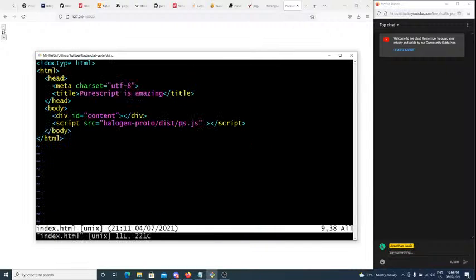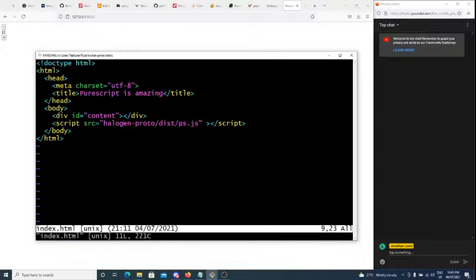Let's go into the static folder now, and you'll see we have our index.html here. So open that up. The title being "PureScript is amazing" is because some example had that as the title, so I just copied that. This is a prototype, right? Although PureScript is pretty darn cool. I will talk a little bit about PureScript and why I'm using it and why I like it in a moment, but for now let's just talk about the HTML.